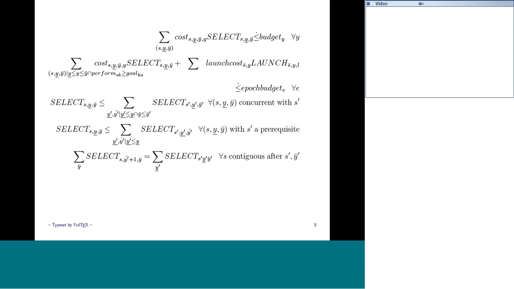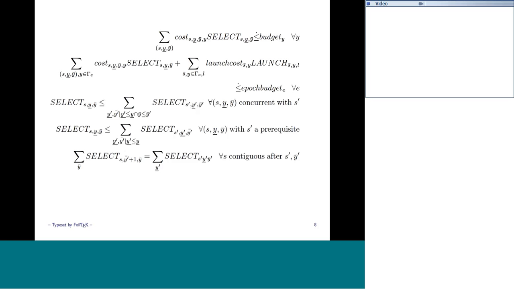You see two different types of budget constraints here. You also see dots over the relational operators. The idea there is that in every year, we need to ensure that we select some reasonable number of systems to stay within our budget. But some types of systems, namely the launchers, are extremely lumpy in their costs. Because of that, we put these launchers in an epoch budget constraint instead. This spans 5 years instead of a single year, so that we're not worried about putting them in a single year's budget and then not being able to buy anything else for that year because we used up our whole budget buying a single launcher.